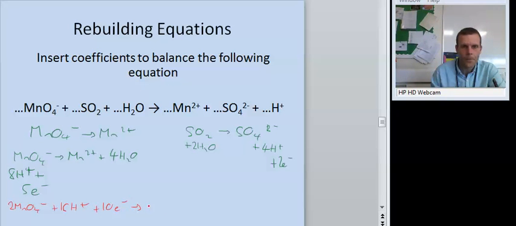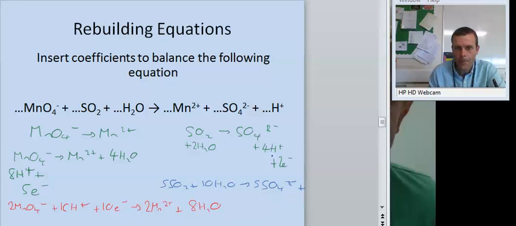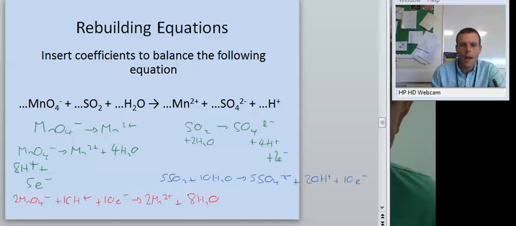gives me 2Mn2 plus 8H2O, and this one here is going to be multiplied through by 5, so that I end up with 5SO2 plus 10H2O goes to 5SO4 2 minus plus 20H plus 10e minus. Now I'm going to add those together,